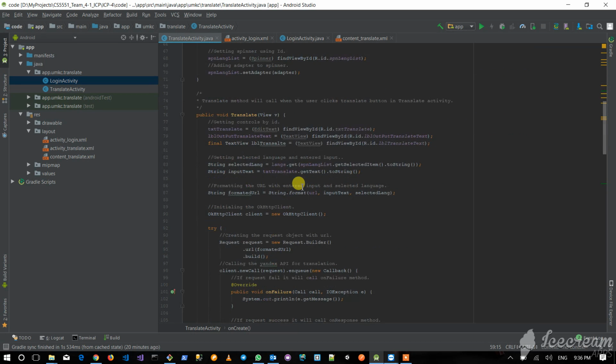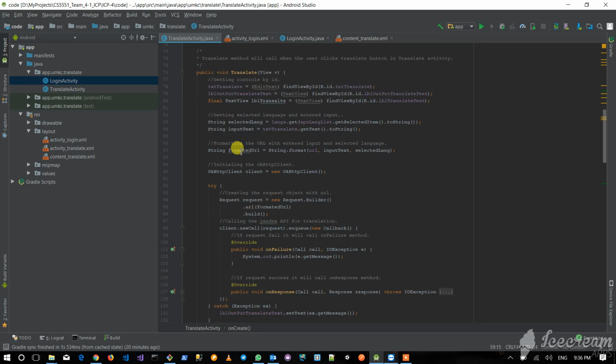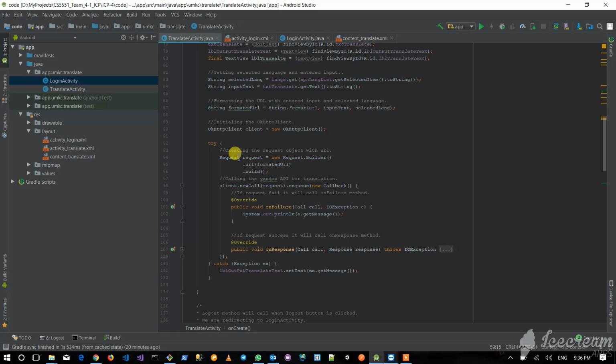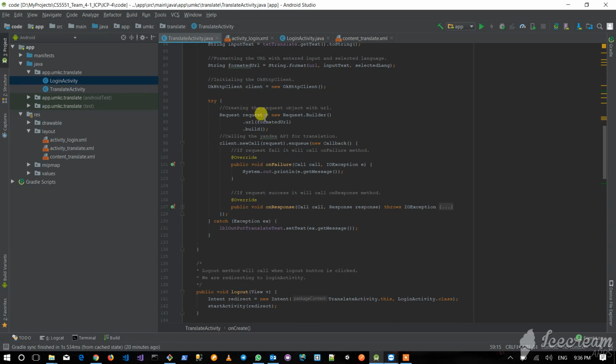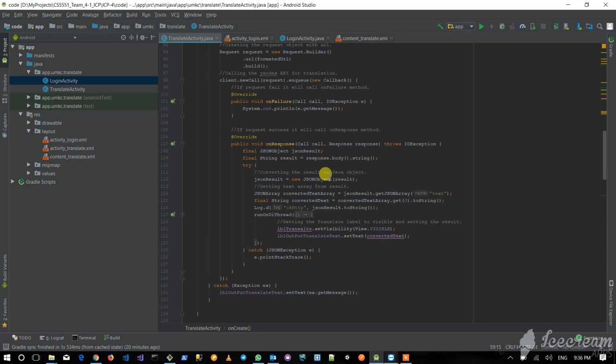Next, when the user clicks on the translate view, it will take the controls and get the language that is selected and the input, and format the URL with the respective inputs like the selected language and input text. It is going to make an HTTP client request and get the response. On failure, it is going to call the onFailure method. On response, it is going to call the onResponse. After that, I'm converting the result to a JSON object, and I'm setting the visibility to